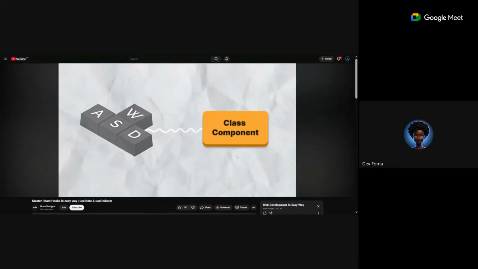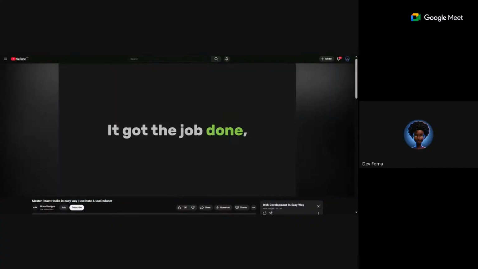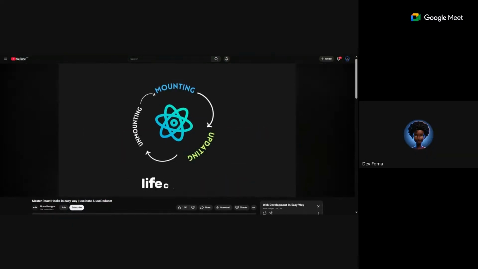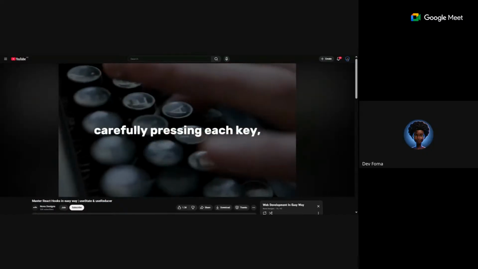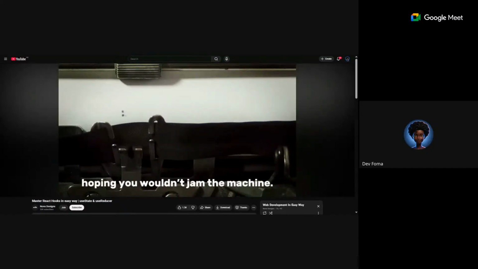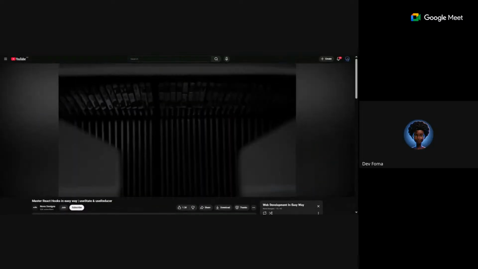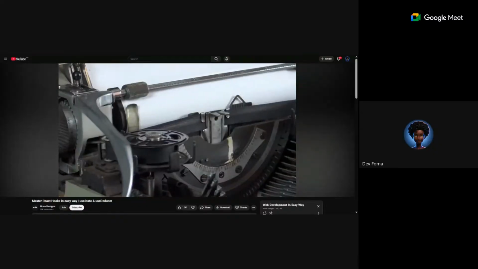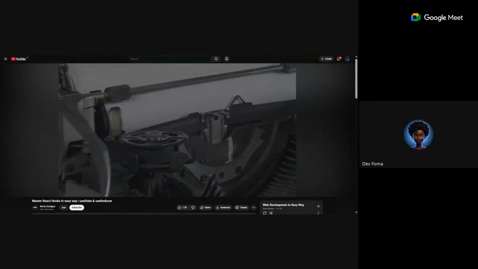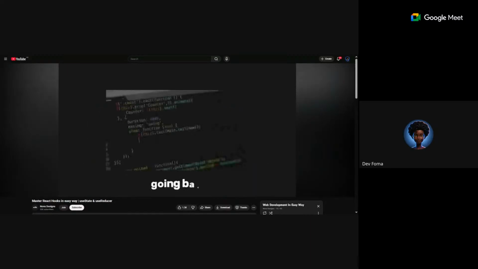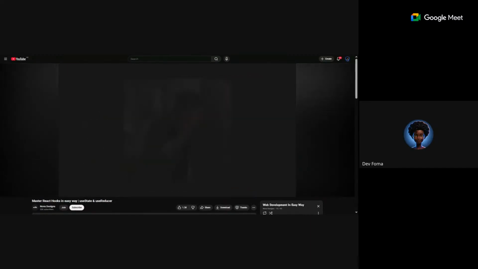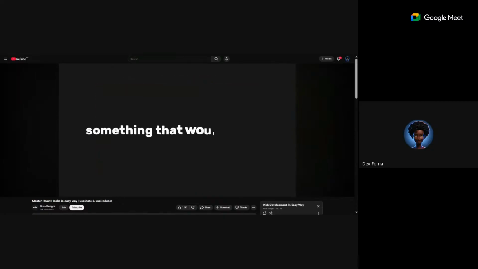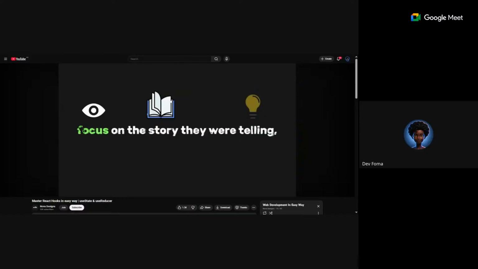Components was like working on an old, reliable typewriter. It got the job done, but it wasn't exactly smooth. Managing state, dealing with side effects, and keeping track of lifecycle methods felt like carefully pressing keys, hoping you wouldn't jam the machine. As your projects grew, it started to feel like you were typing out a novel on that typewriter. Every new feature was another chapter, and the more you wrote, the more you had to wrestle with the mechanics. Fixing bugs or adding new functionality often meant going back and retyping entire sections, which could be frustrating and time-consuming. Developers began to wish for something more efficient, something that would let them focus on the story they were telling, not the tool they were